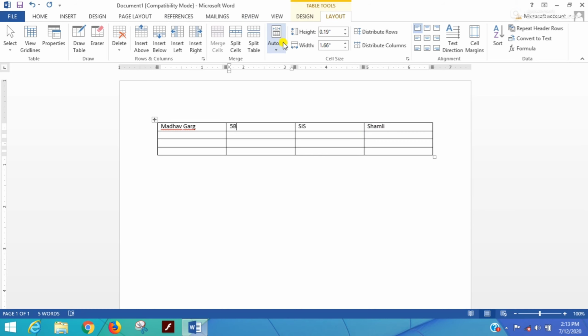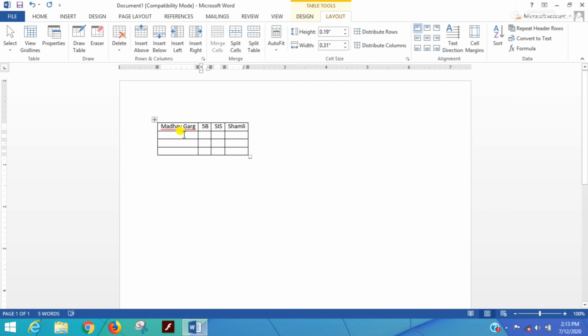And here you will see an AutoFit option. You just have to click on the AutoFit option, and here you will see three options. The first one is AutoFit Contents, second one is AutoFit Window, and the third one is Fixed Column Width. You just have to click on the first option, AutoFit Contents, and your table has been decreased according to the data entered in the table.